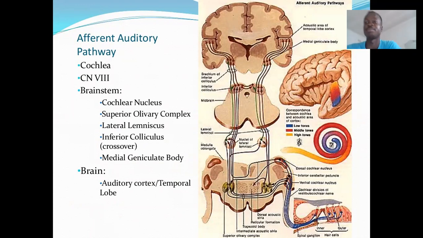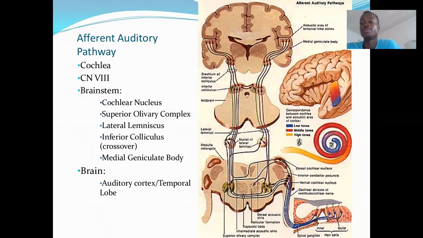You're going to have the pinna picking up the sound. Then the sound will be conveyed to the tympanic membrane, which is going to be vibrating. Those vibrations are then passed on to the ossicles of the middle ear, that is the malleus, the incus, and the stapes. Then from the footplate of the stapes, the vibrations will be passed on to the fluids of the internal ear,